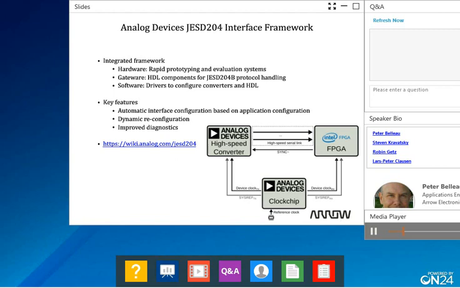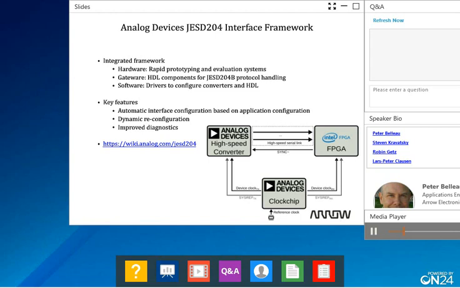As you've seen earlier, a JESD204 converter system is made up of many different components, and you can see a schematic overview of such a system again on the right side. You've got the converter doing the A to D or the D to A conversion, the FPGA doing signal processing, and the clock chip providing all the system clocks. And rather than treating them as independent individual components, the framework provides a unified view to interface with them.